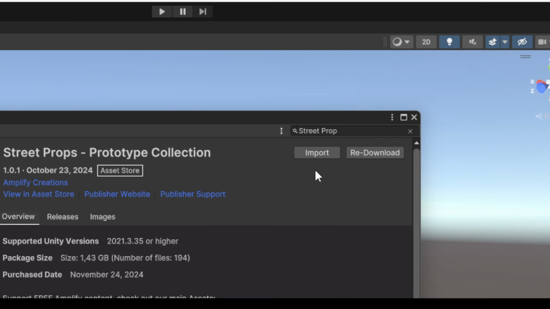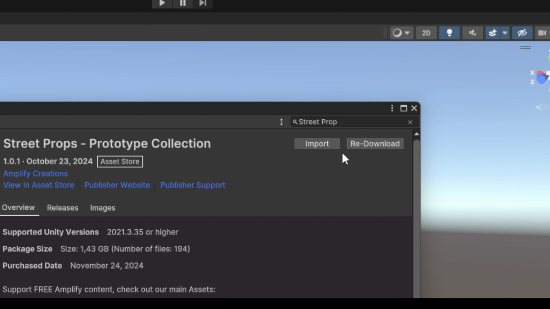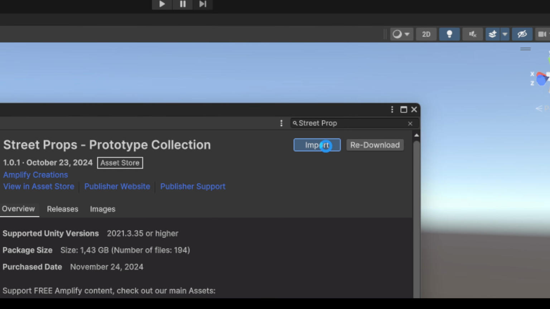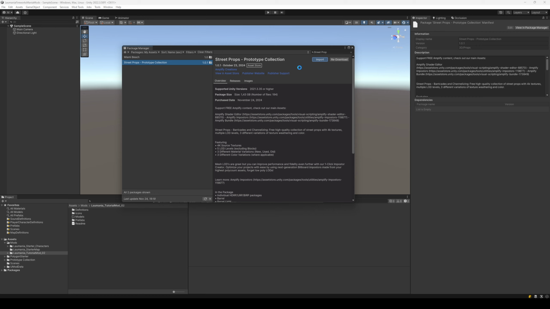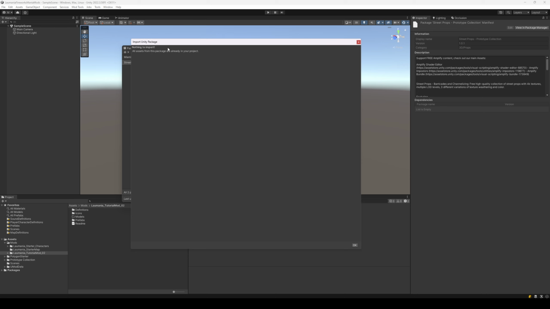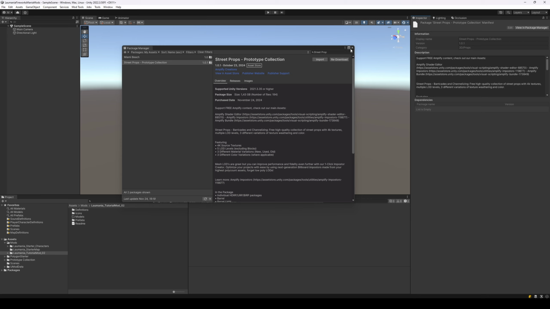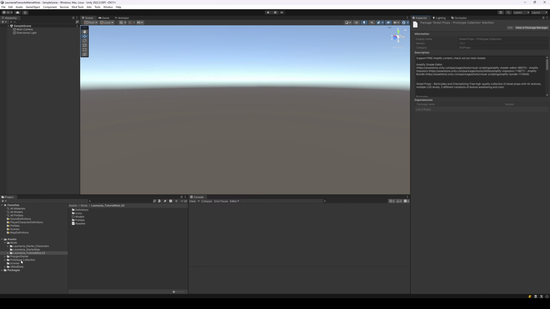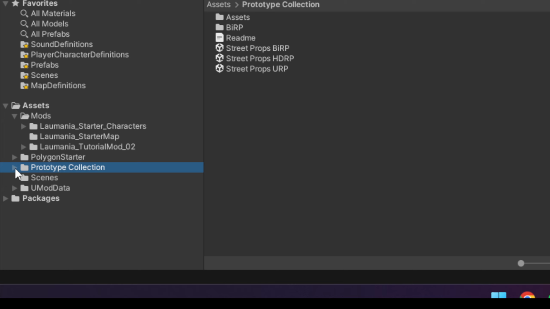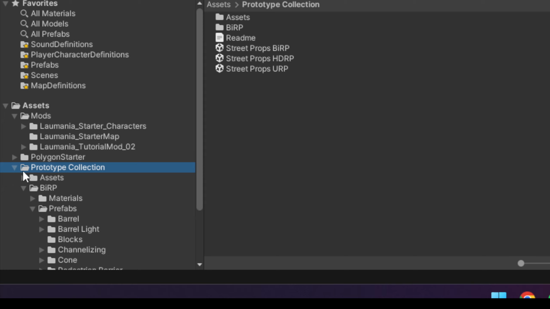I click the download, it downloads the file, and then after it's downloaded, you click import, and once you do that, you get some UI in a moment. So let's see here. Yeah, you get some UI with a lot of files here, and then you click import, and then you get the package in, which is typically put in a way so it's like a folder here in the root of your project. And you can see here we have product